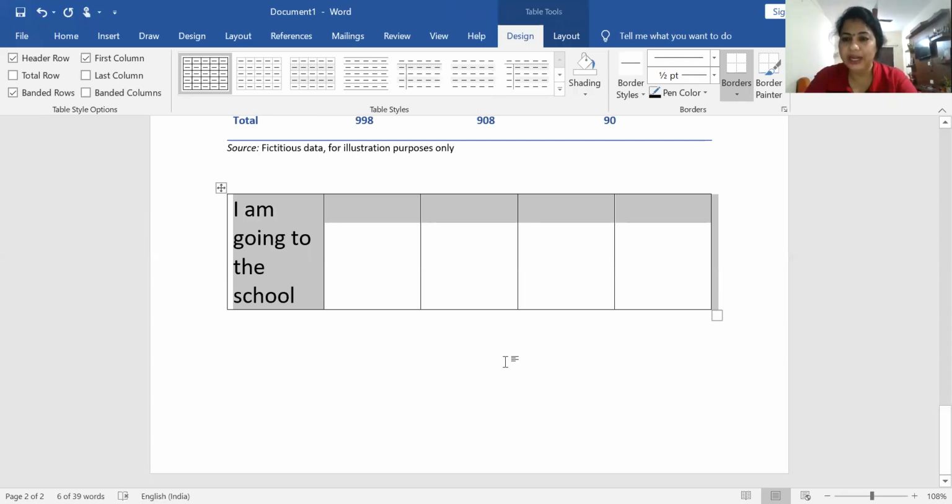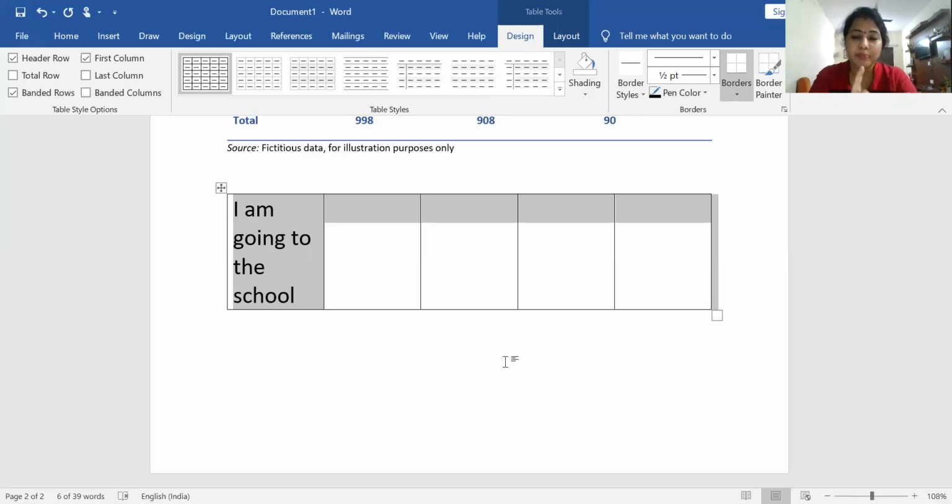So for that, your data or text must be typed in a particular order. How is that possible? There must be certain gaps between the words. And how can you give the gap between words? Using the space bar or using the tab. To convert text into a table, your text must be in a particular order with proper gaps between the words.